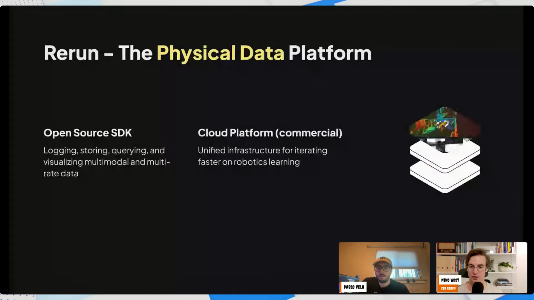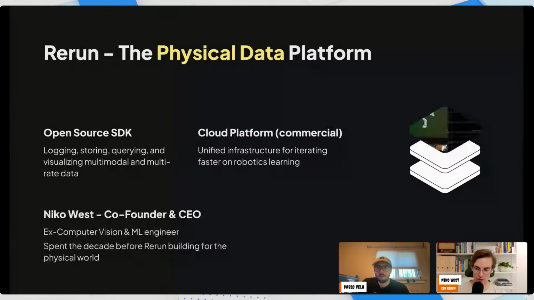We call that physical data. It's the kind of data you'll have in robotics and spatial computing, basically whenever you're trying to build intelligence for the physical world. And then we also build a commercial cloud platform, providing unified data infrastructure so you can iterate super fast on robotics learning, make sure your learning works, and get to market faster than everybody else.